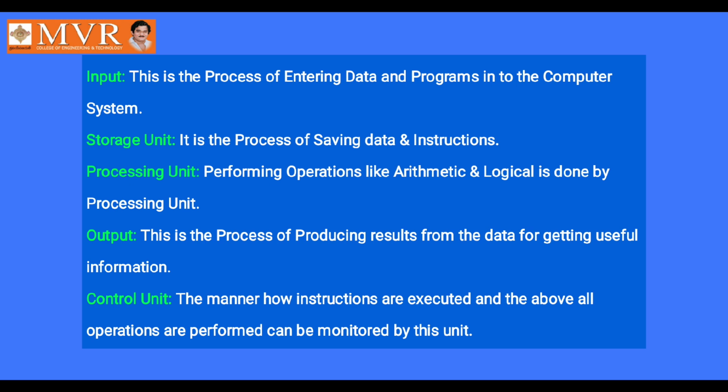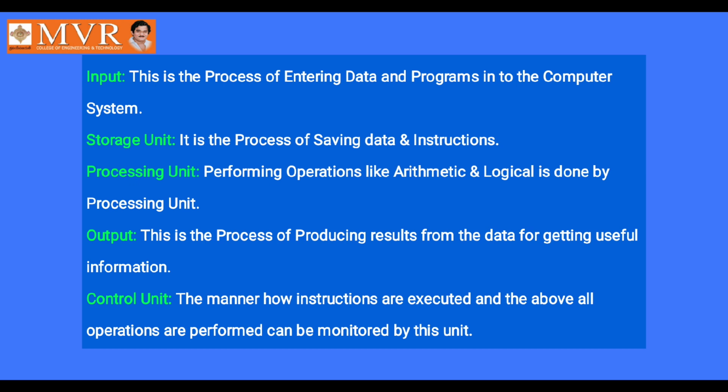And next, it determines the sequence in which the computer programs and instructions are executed. We have fed some instructions, and which instruction is to be done first and which is to be executed next, that sequencing can also be determined by the control unit. And this control unit is also used for processing of programs stored in the main memory, interpretation of the instructions, and issuing the signals for other units of the computer to execute them.